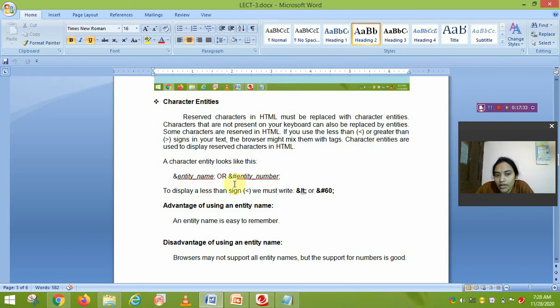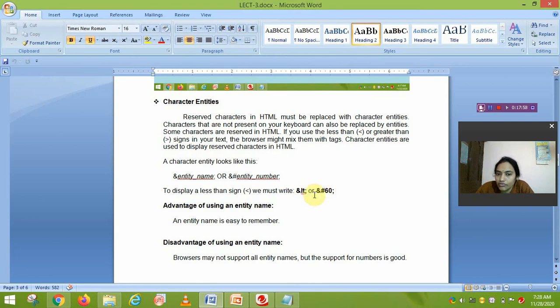If you write the number, then you use both the ampersand and hash symbols. Okay, so here to display a less than sign, we must write ampersand LT semicolon. The semicolon must also be put there. Okay, or ampersand hash 60 semicolon.